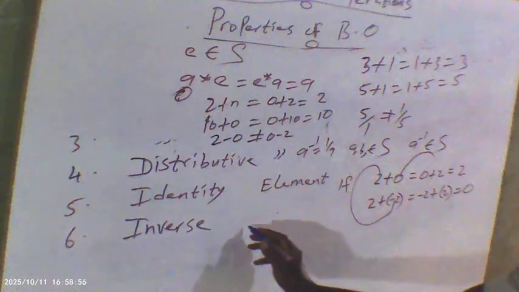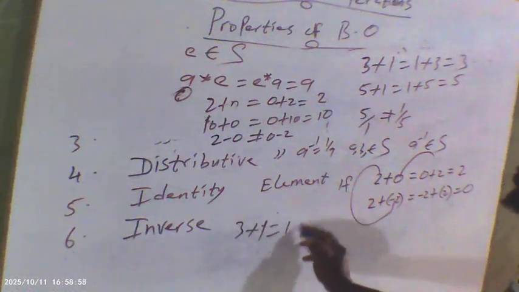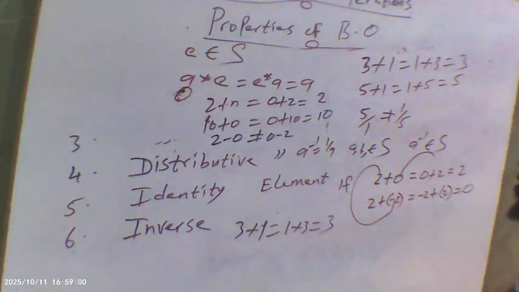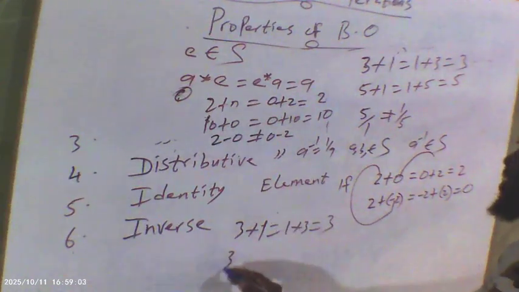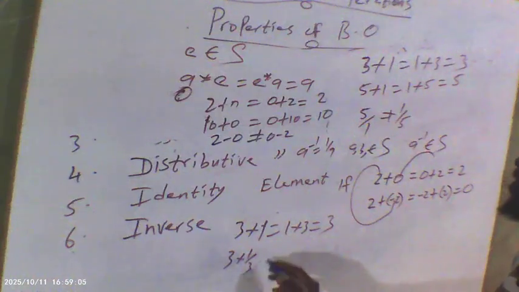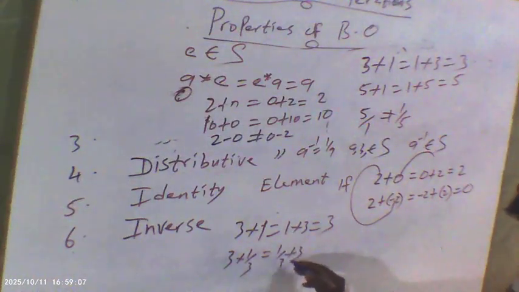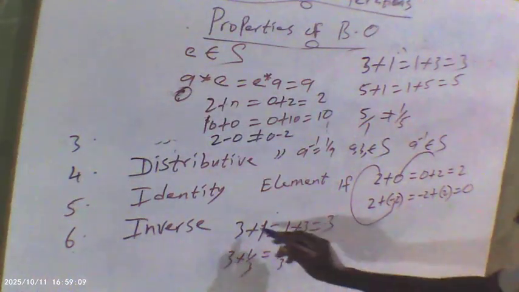What about multiplication now? 3 times 1 is equal to 1 times 3, which is equal to 3. So for division, we say that 3 times 1 over 3 is equal to 1 over 3 times 3, which is equal to 1. So division gives us